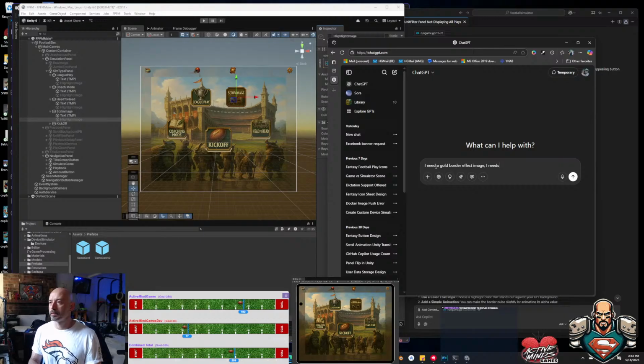It needs to have inverted, concave, curved corners. And otherwise, it should be